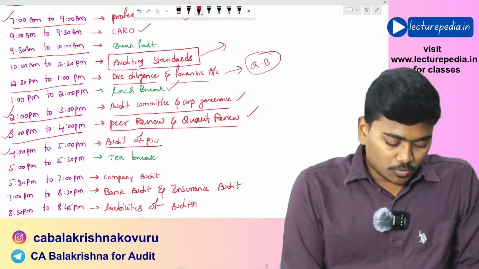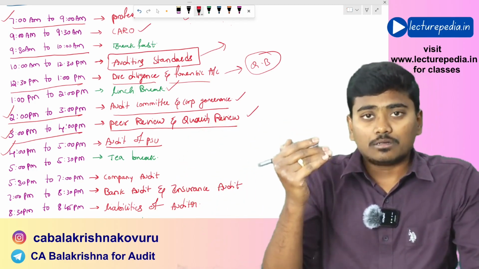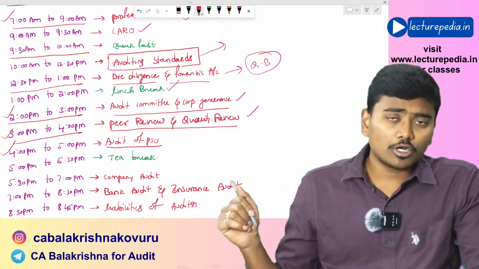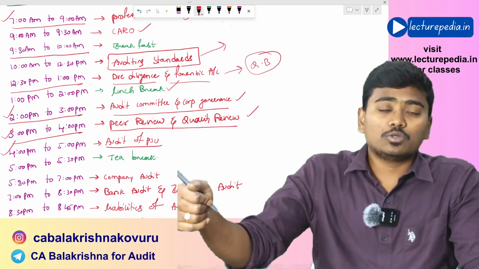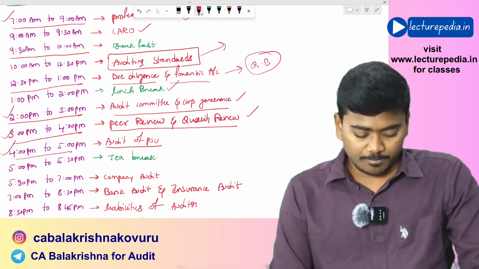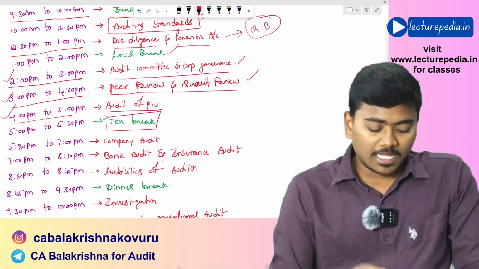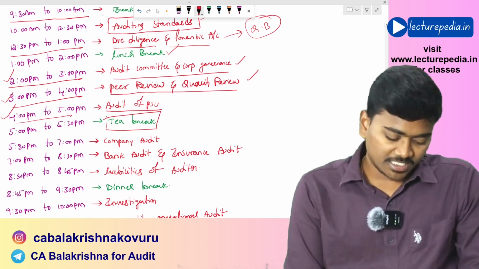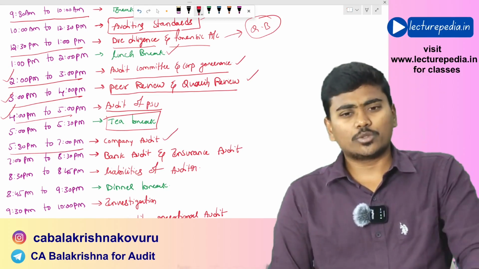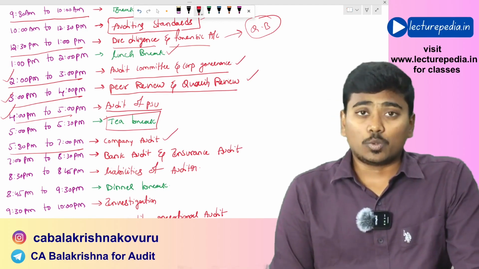But you should revise audit of PSU from the charts that I have provided you. Use the charts for audit of PSU. Along with those charts, you also cover the question bank, from 4 to 5 p.m. Next, 5 to 5:30, take a tea break, and once the tea break is completed, from 5:30 to 7, 1.5 hours, go through company audit, including audit of dividends. You cover company audit in that 1.5 hours.